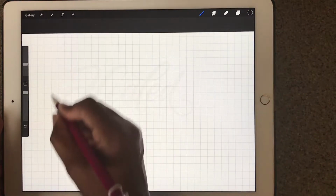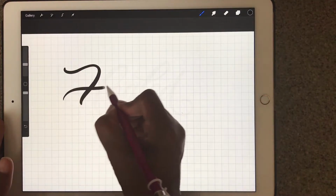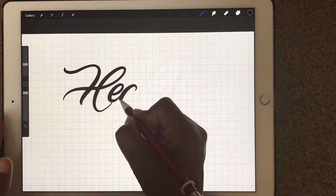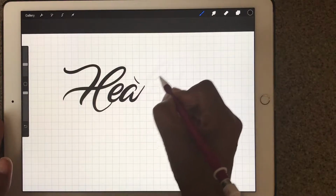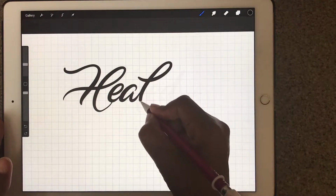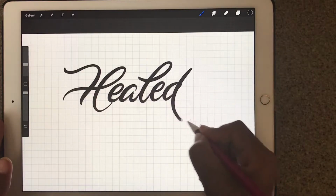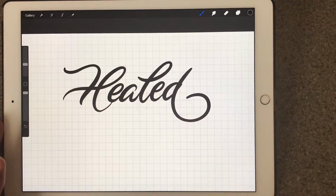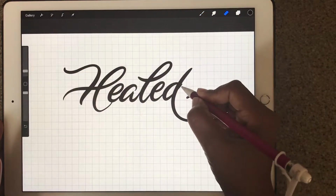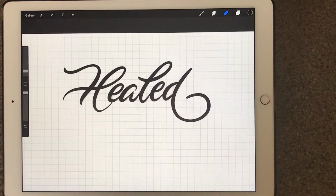So here we go. So the word is healed. So just real quick. And this is just loose, sort of modern lettering. So there's the word we're going to use. You can go in and fix anything that doesn't look too good. And then we're going to export that and use it in our